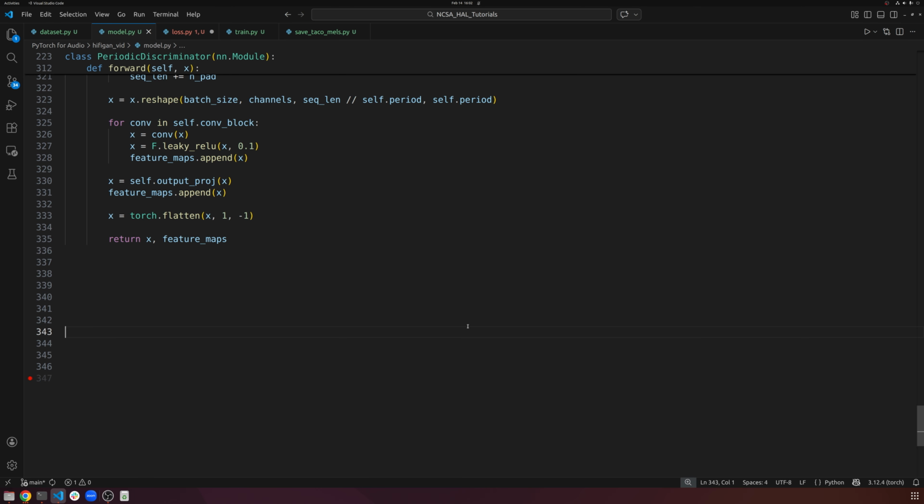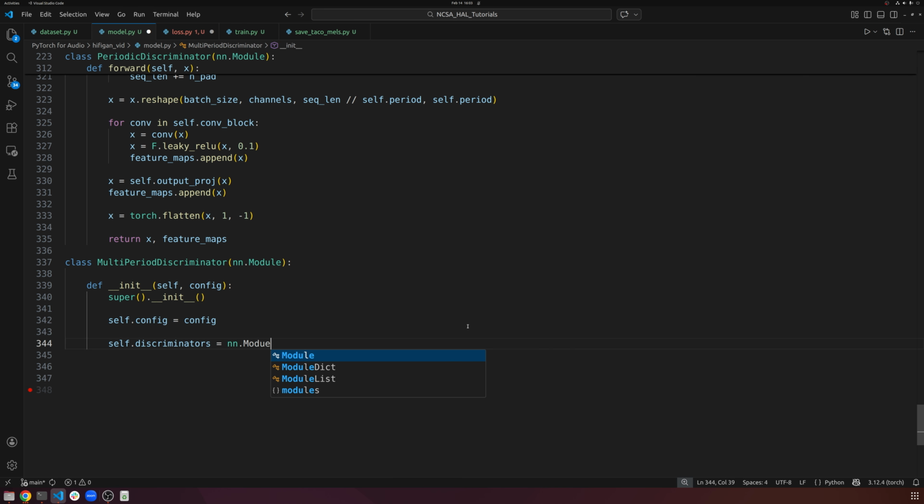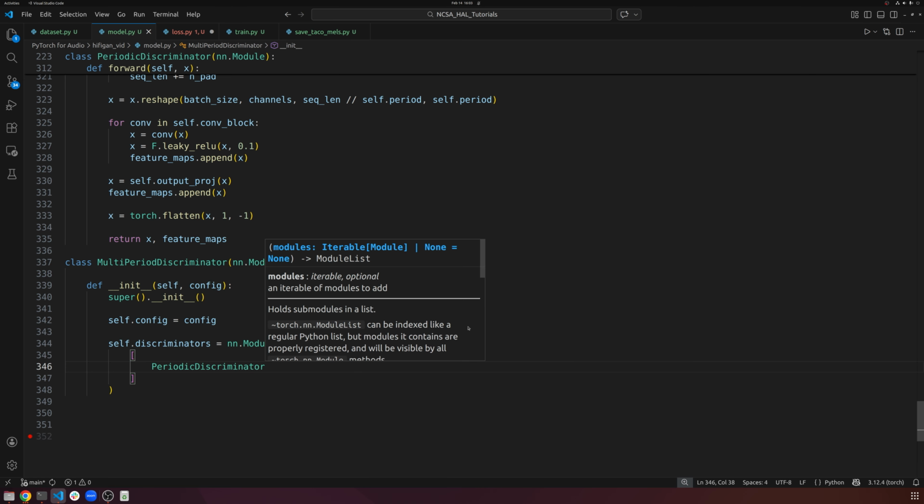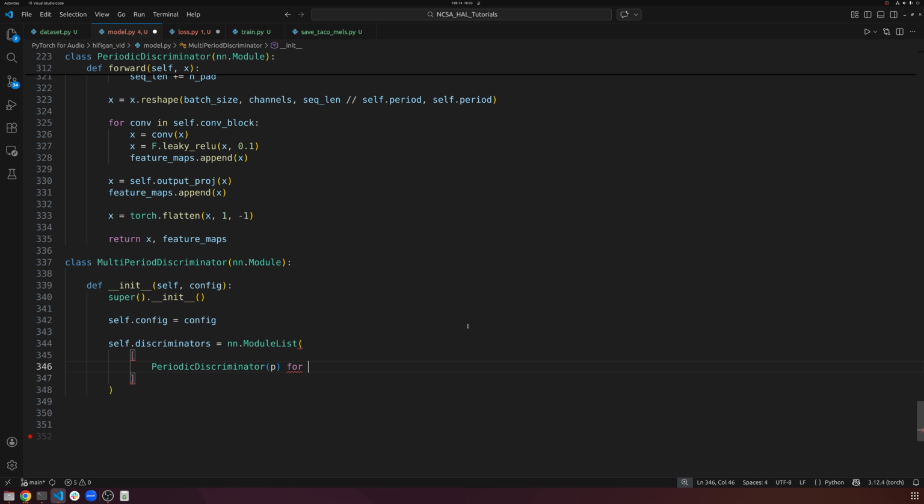Of course, we don't know what the period is for audio, right? It's different for every single person, every single voice. And that's why we're going to have multiple of them. So, multi-period discriminator, and then nn.Module. And this is pretty straightforward. def __init__(self, config): super().__init__(). And we'll do self.config = config, and then self.discriminators is going to be nn.ModuleList of PeriodicDiscriminator(p) for p in config.mpd